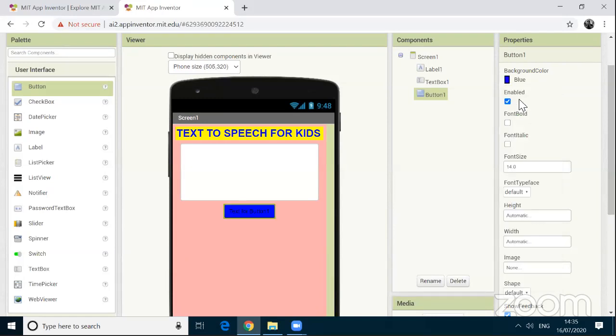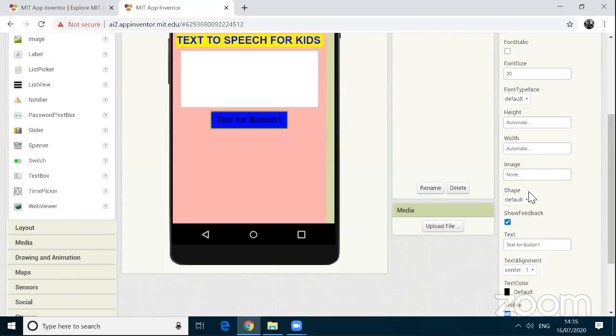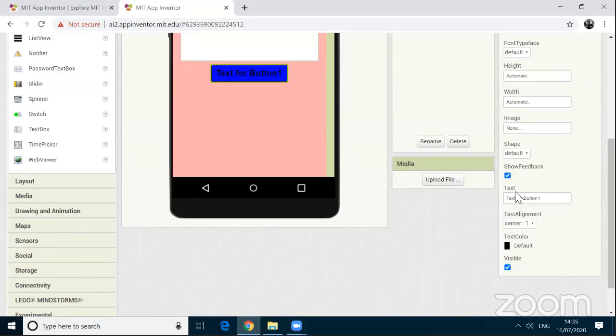Now added, and after that I'm making the font bold, and I'm increasing the font size to 20. I click outside, font size is increased. Now I want to change the text here. So I'm moving down. See here, the text is given. So I'm double clicking it, and I am typing